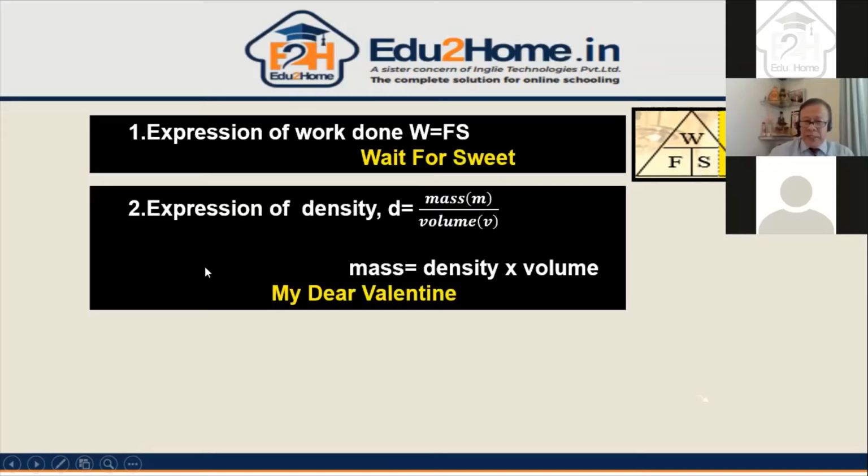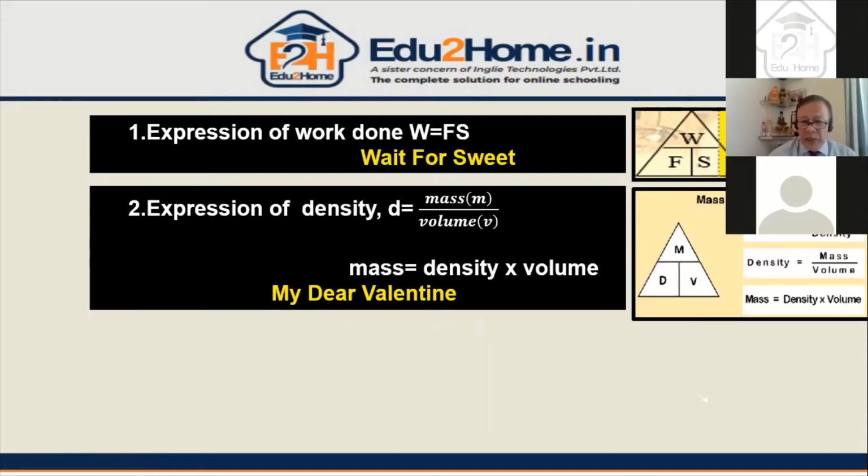Density, as "my dear Van". So M stands for mass, D stands for density, and V stands for volume. So my dear Valentine. If you are teaching the kids in this way, they will not